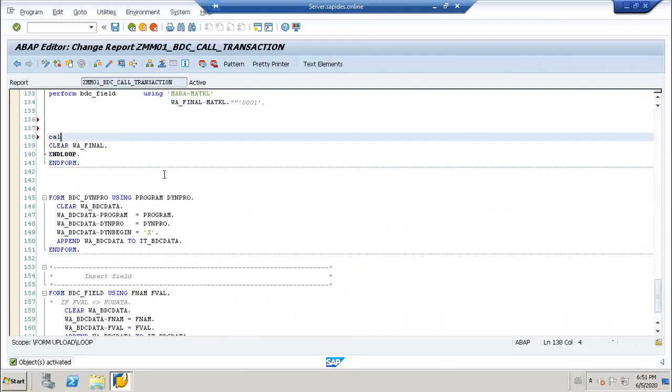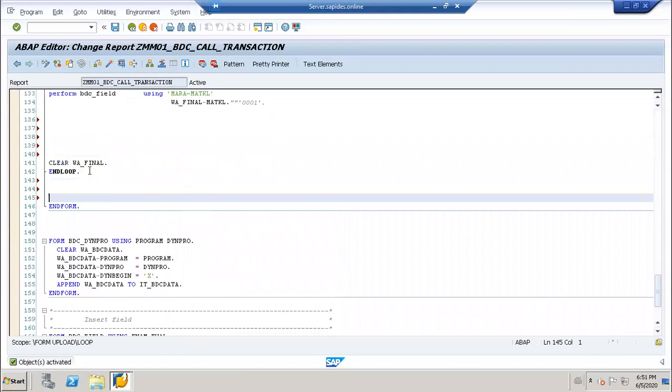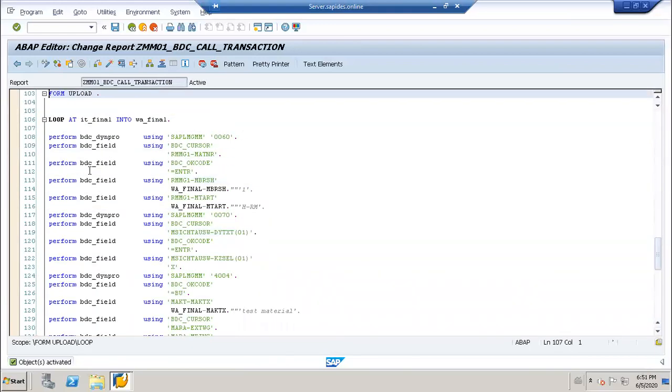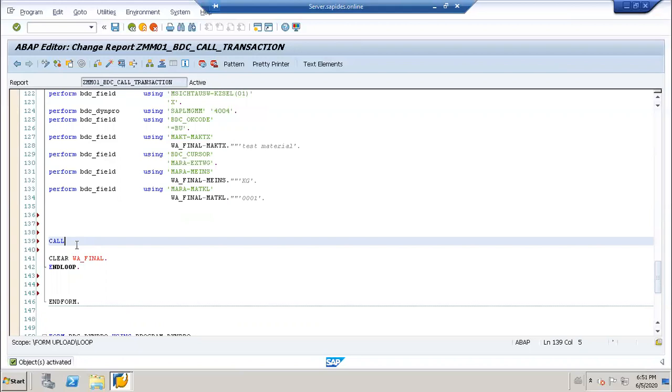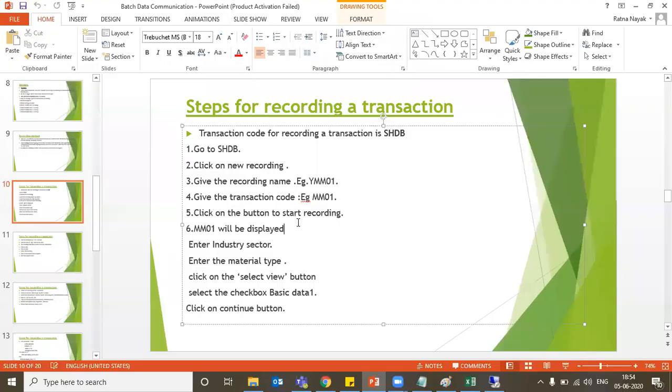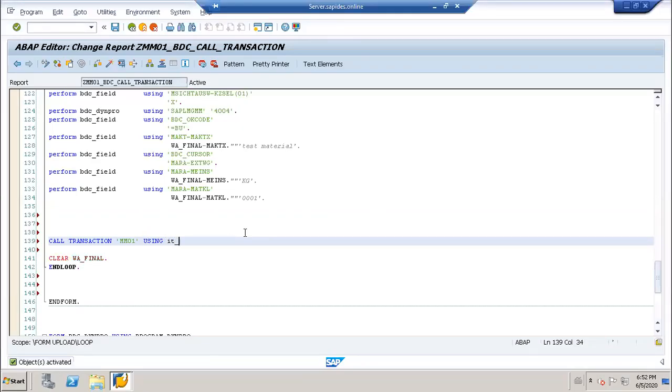The syntax is call transaction using IT BDC data.